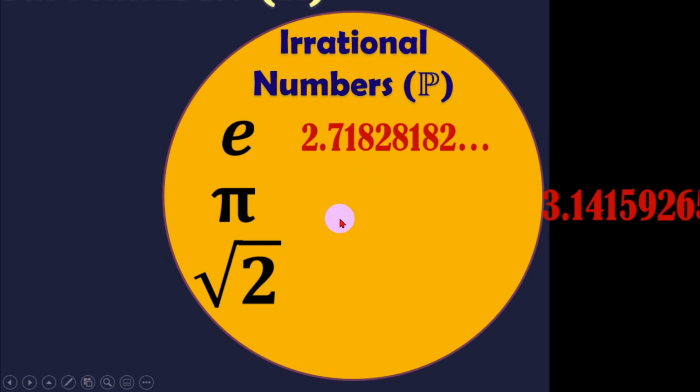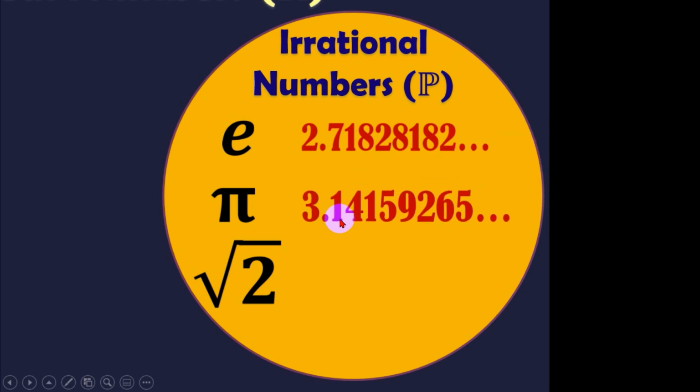Okay, next we have the pi. Pi has the value of 3.141592653, and you will see also that this is non-terminating. So, wala na naman siyang katapusan. It is also non-repeating. There are digits here in your decimal that do not repeat itself. Kumbaga, parang walang pattern yung number mo. So, kapag walang pattern, therefore, it's an irrational number. Pi is an irrational number.